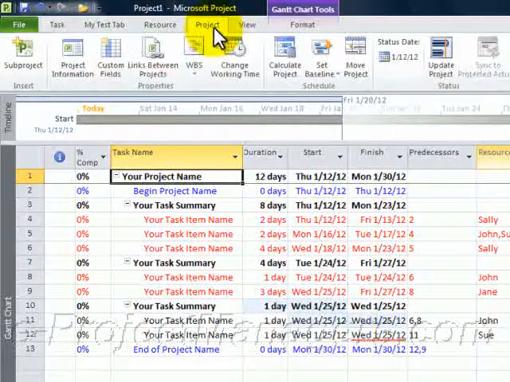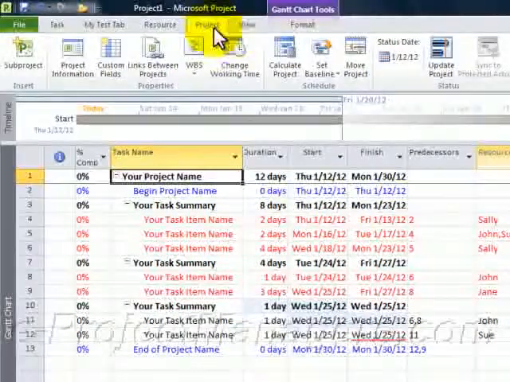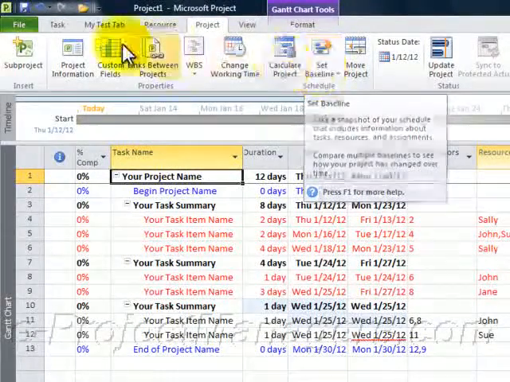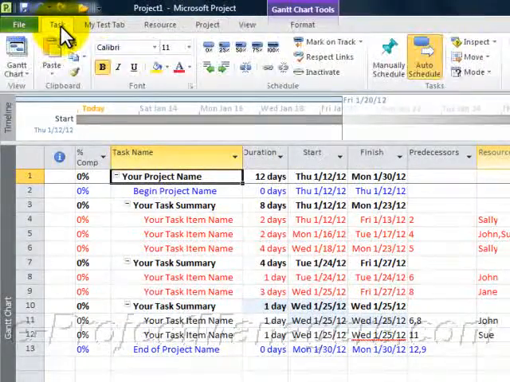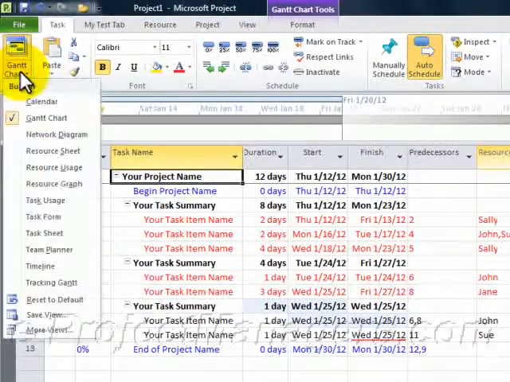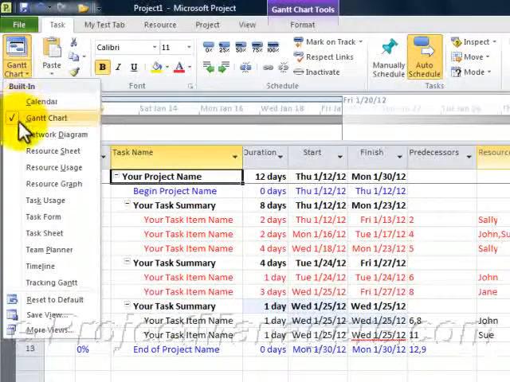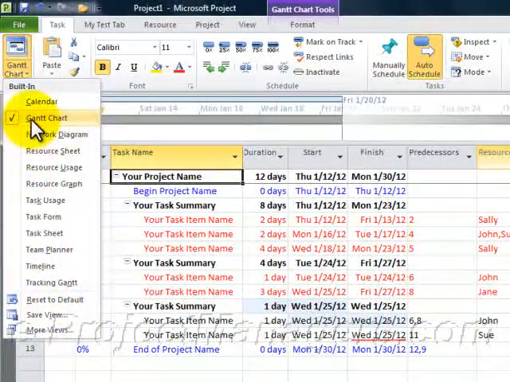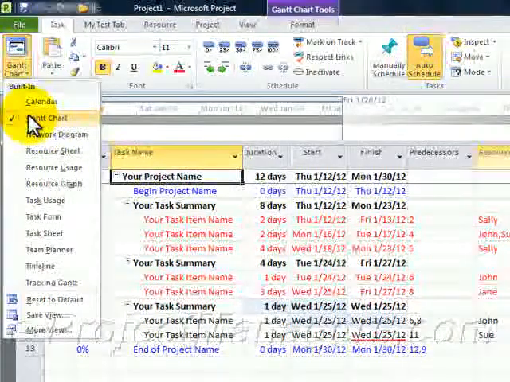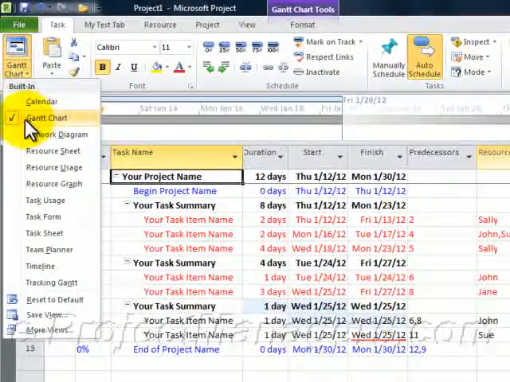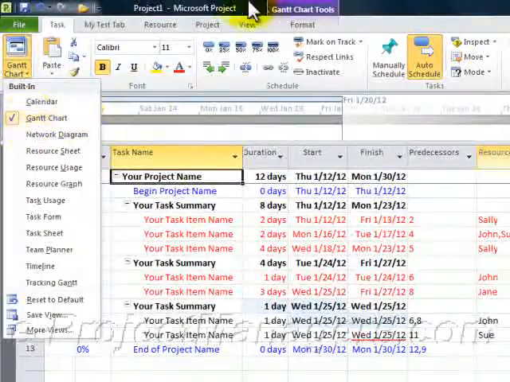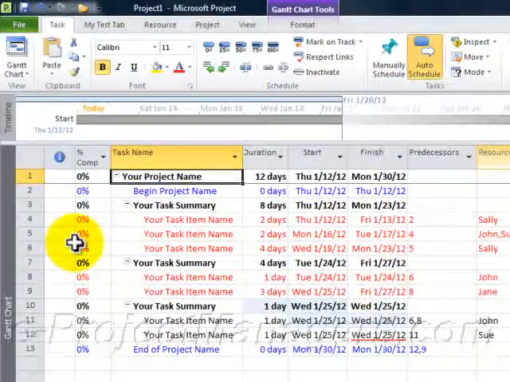Go to the Project tab and select Set Baseline. Now, just so you know, from the Task tab, Gantt chart view, you can select the different views that are available within Project and select the Gantt chart view. Since we're already in the Gantt chart view, we don't need to do anything, but if you wanted to baseline